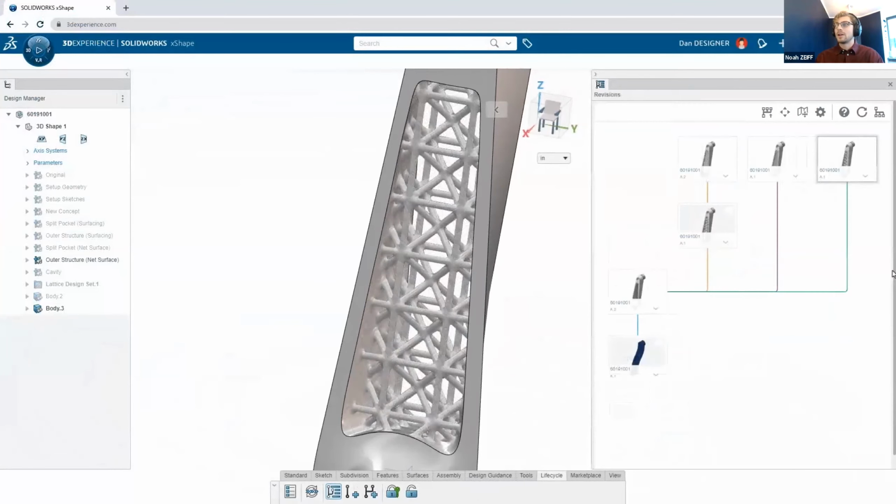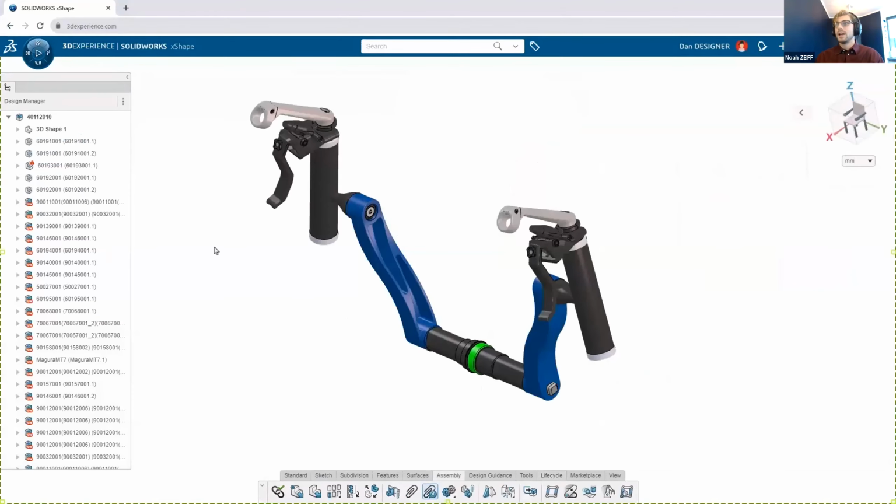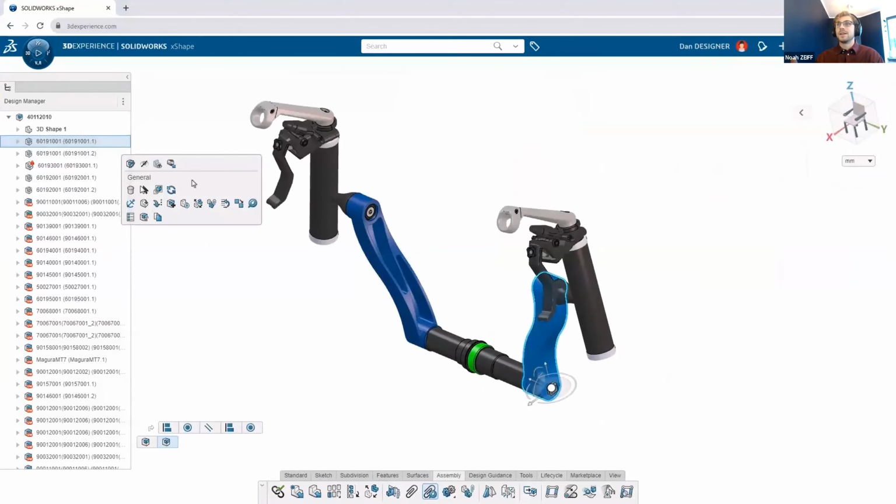And then when we're back on the cloud with all of our different lattice ideas, again, just like X-Generative Design, we got really creative. We explored a bunch of different lattice patterns. We used branch and revision management to organize all of those ideas. And once again, this was useful for making sure we were not stepping on each other's toes. We were working on the right revision at the right time and just making sure that we were in sync throughout this process. And once we came up with the lattice design that we want, incorporating it in our assembly